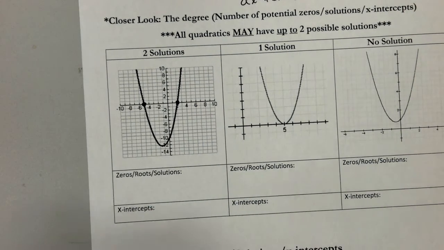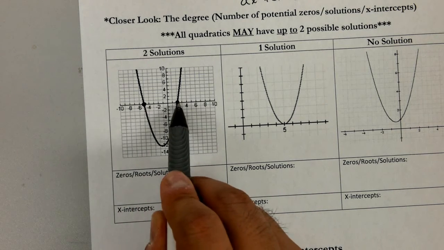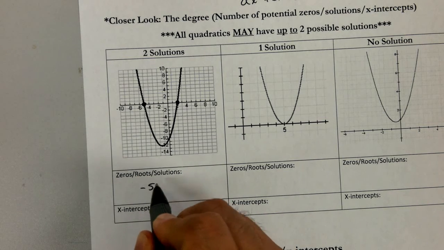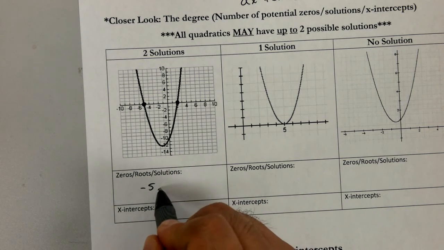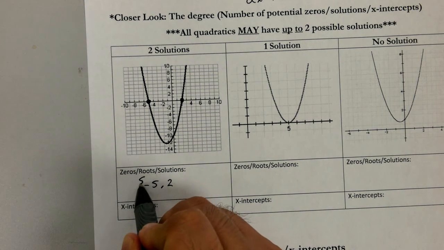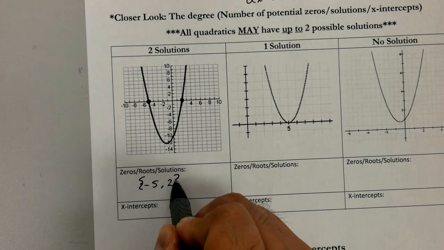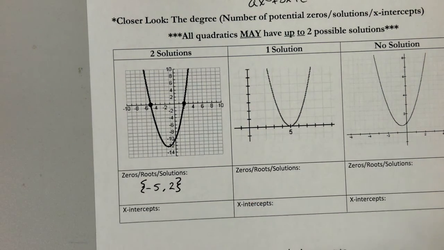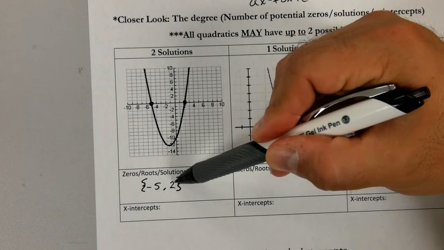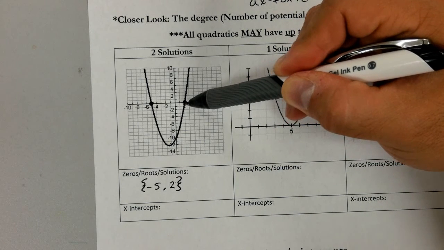And all 3 mean basically the points that we just marked on here. They're the x-intercepts. Now, if I'm asking you for a root or solution, you just have to give me these numbers. Okay, so let's start from the left side. This is -5. And this one is +2. Okay, now that's all I want from you, but this is important. You need to use braces when writing this down. Okay, because that means, on the x-axis at -5 and on the x-axis at 2, those are my solutions,